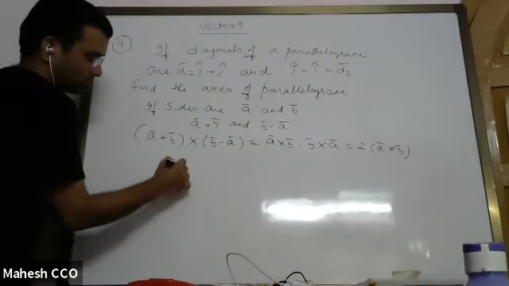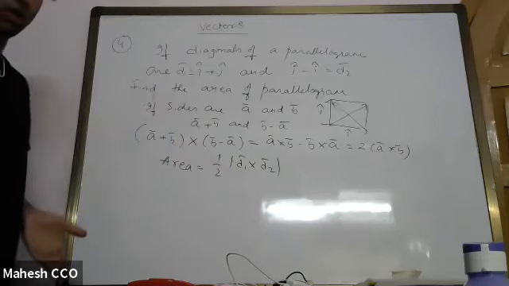Okay. So actually, if you see i cap plus j cap and j cap minus i cap, it means i cap is in this direction, j cap is in this direction. If you construct a square like this, one diagonal will be i cap plus j cap, the other diagonal will be j cap minus i cap, and therefore it is actually a square. The answer we already know is 1.